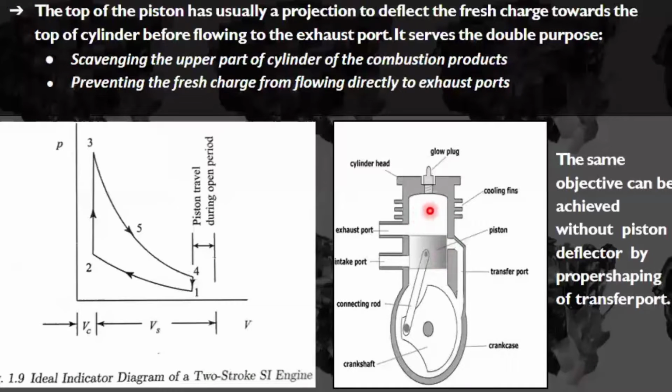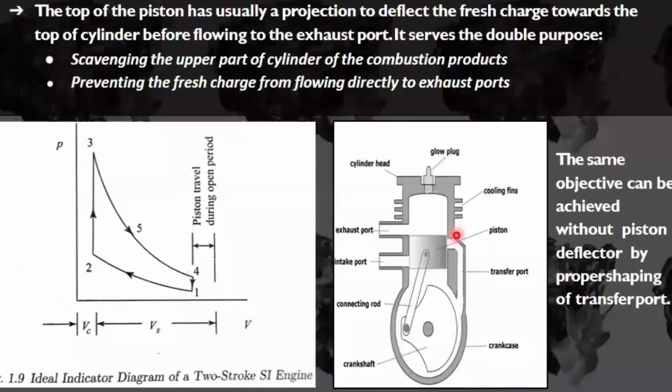During this expansion stroke, whatever combustion products are there which try to move the piston downwards will leave from the exhaust port. So there will be some mixture of air-fuel mixture and exhaust gases, so there will be a lot of impurities. Because of this also, the efficiency is going to decrease in the two-stroke engine, so we mostly prefer four-stroke engines because of a lot of disadvantages.